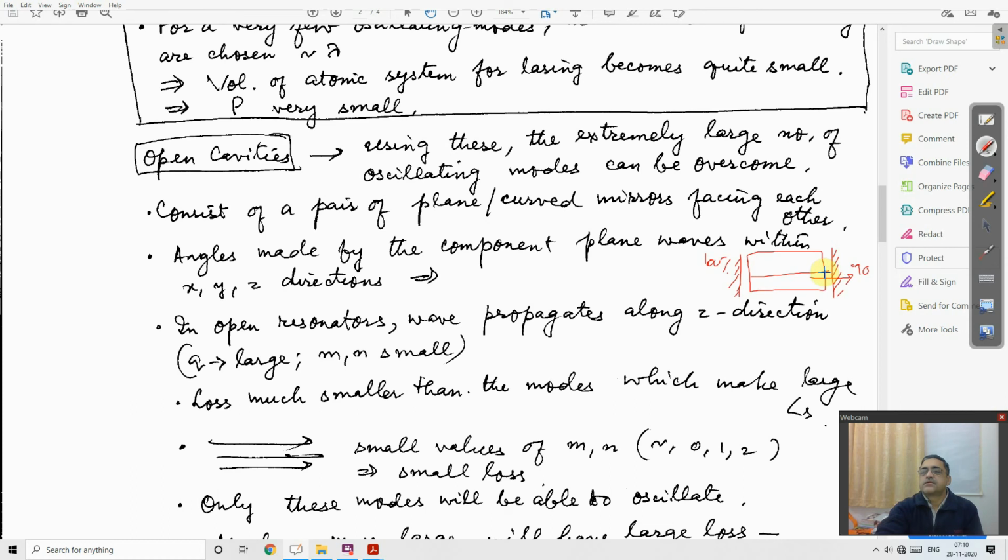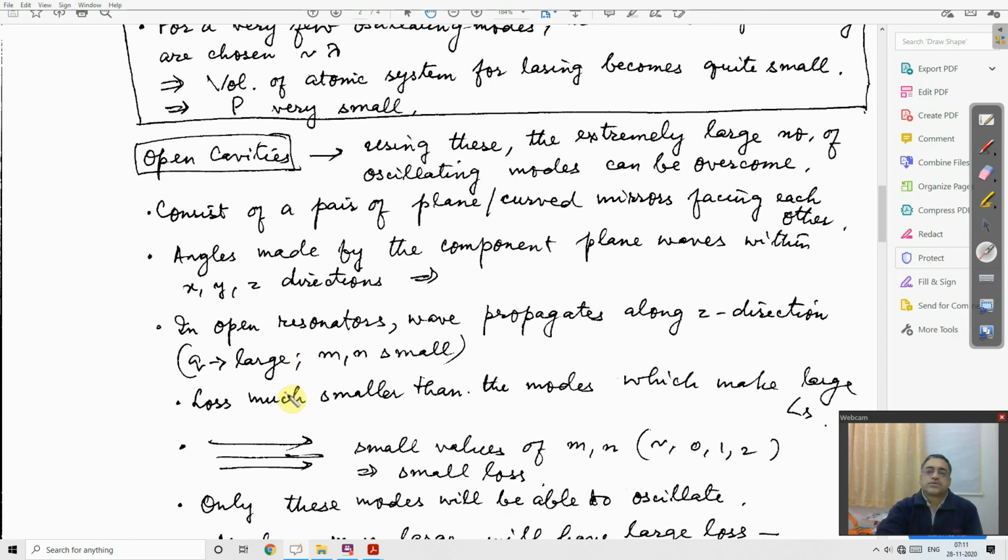It is like this, so it is mostly confined to the axis of the resonator. In open resonators, the wave propagates only along the z direction